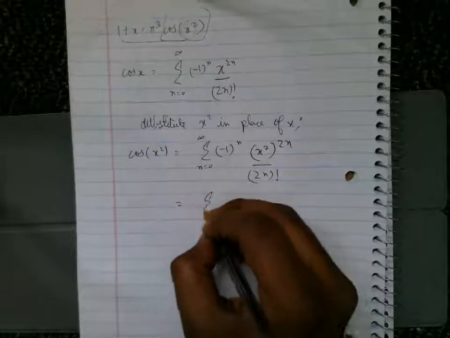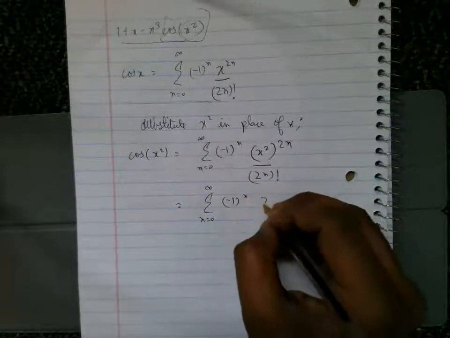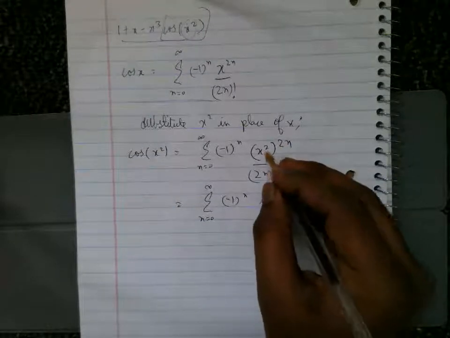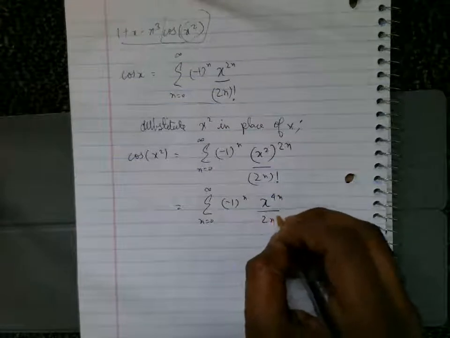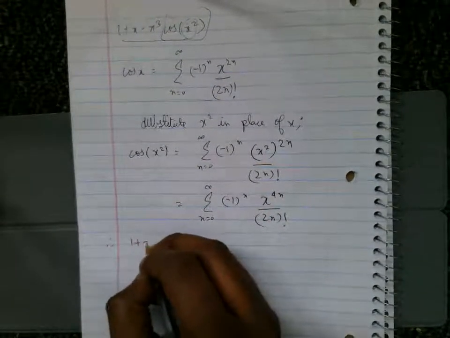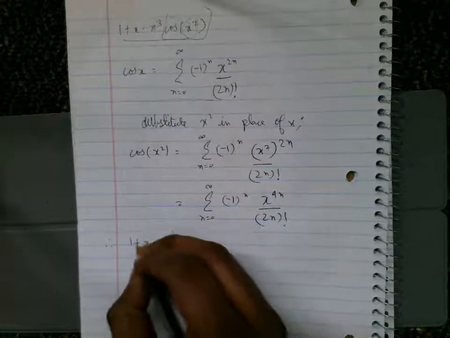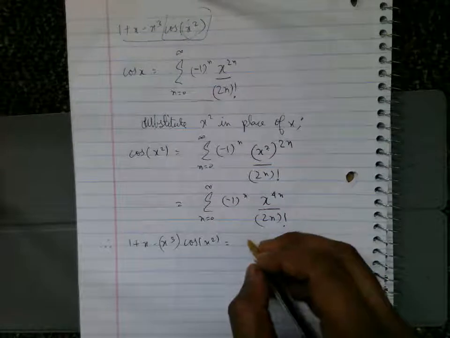So this can be written down as sum over n running from 0 to infinity (-1)^n x to the power 4n divided by 2n factorial. So therefore 1 plus x minus x cubed times cos of x squared can be written down as,